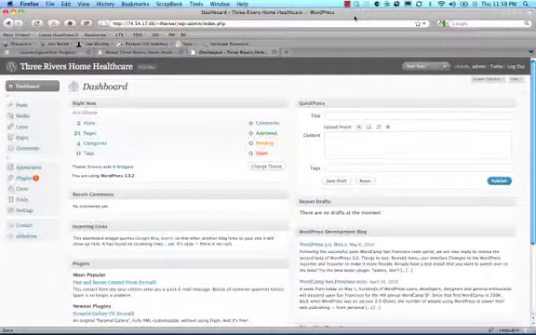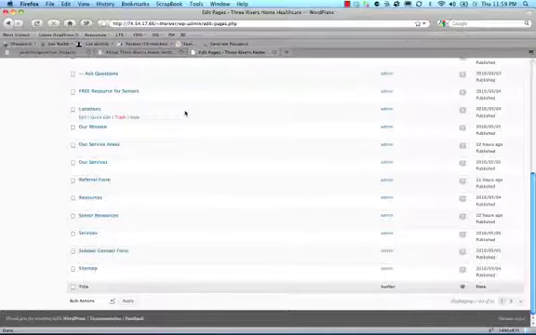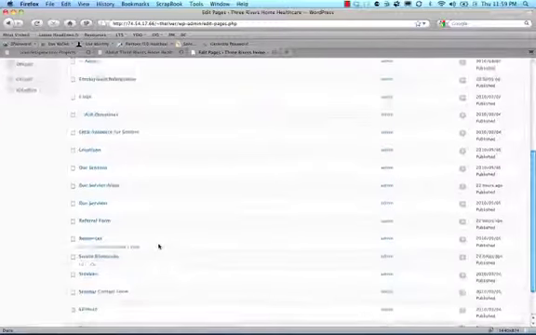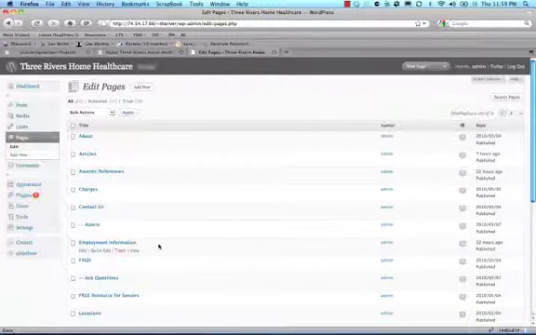If your website achieves any kind of size at all, and by size I simply mean the number of pages or the amount of content, it's going to become important for you to manage that effectively, because who wants to browse through pages and pages of pages when you're trying to make edits. So one thing that we recommend is, rather than just list your pages in alphabetical order like this,